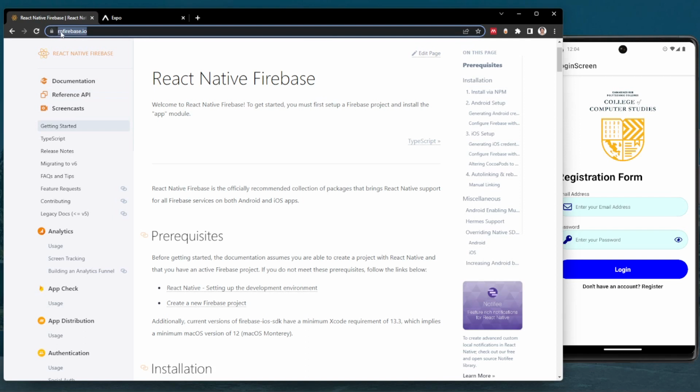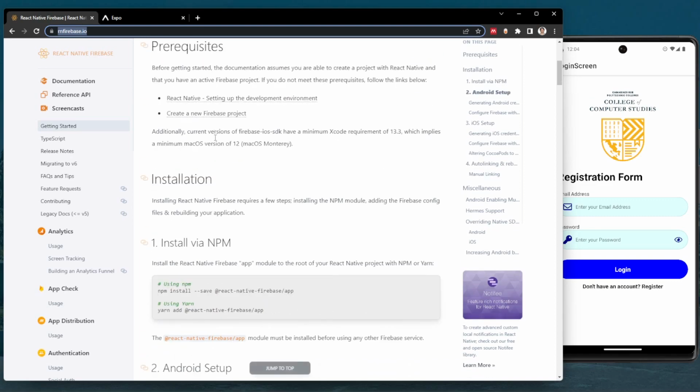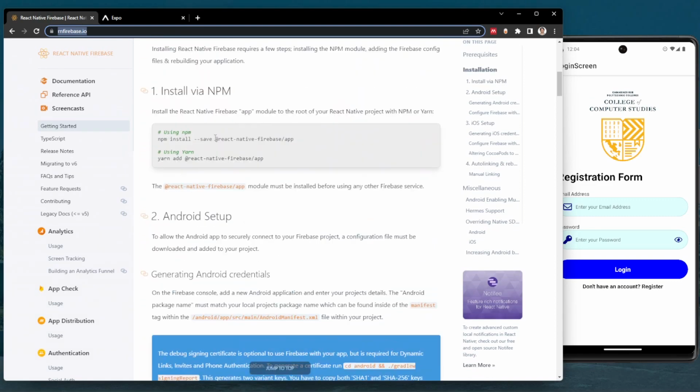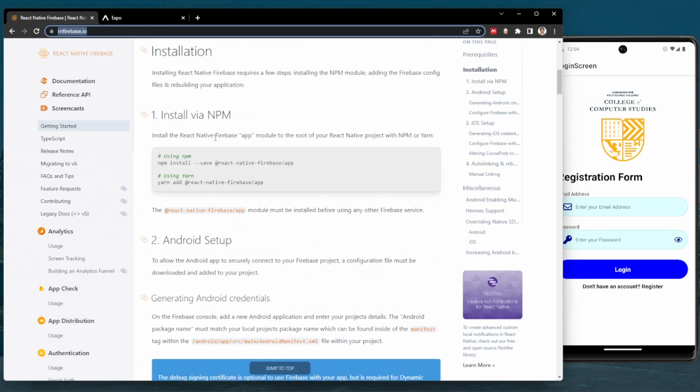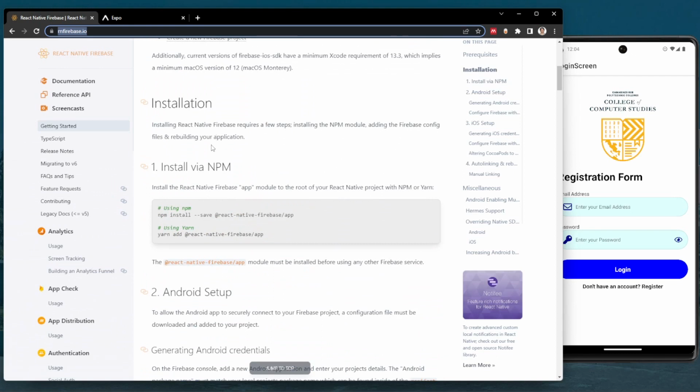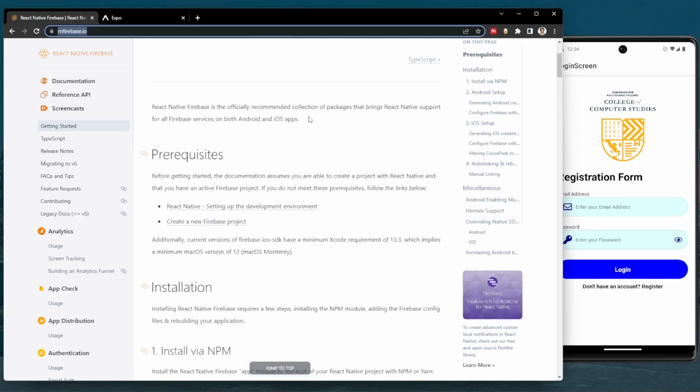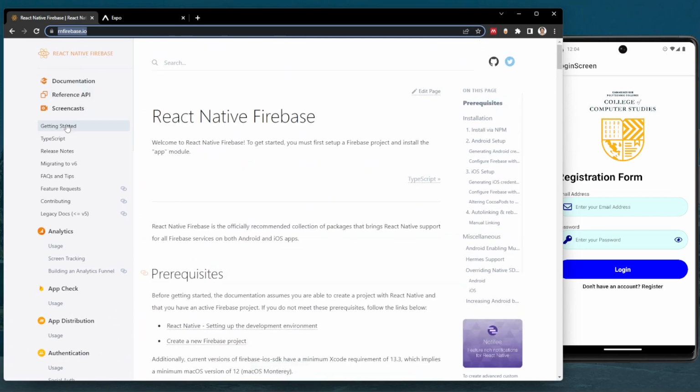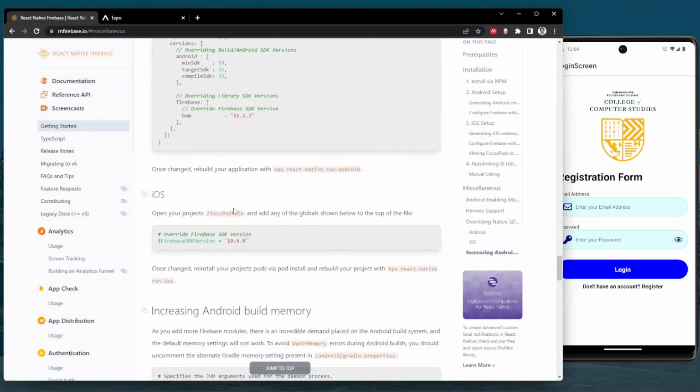You can visit rnfirebase.io for the documentation. So first, we will install or configure our React Native project for Firebase. Once you visit the site, click Getting Started and click Miscellaneous for Expo project